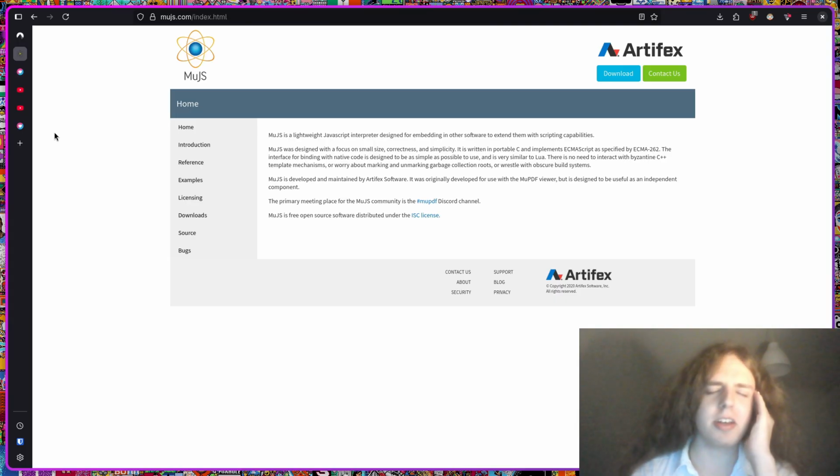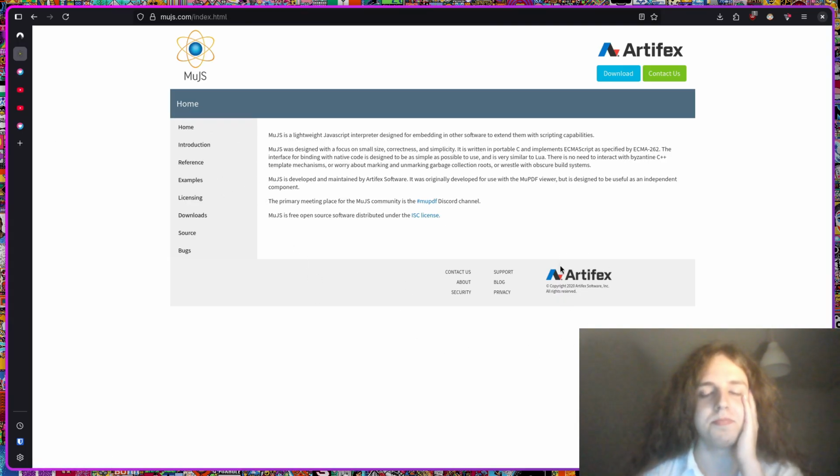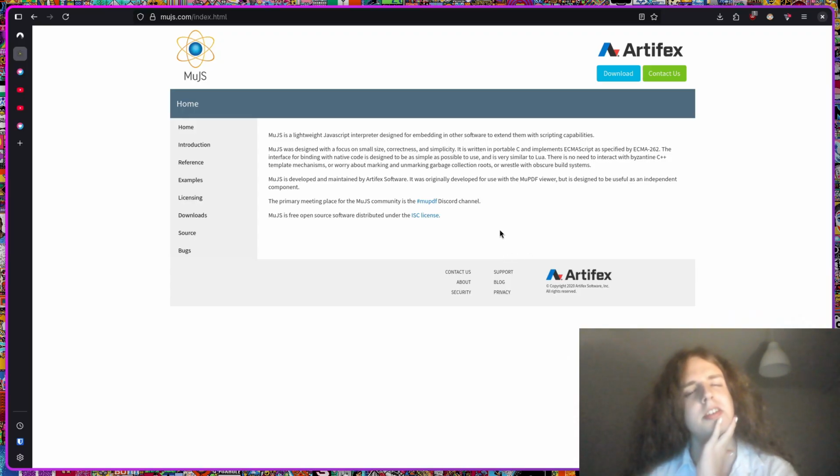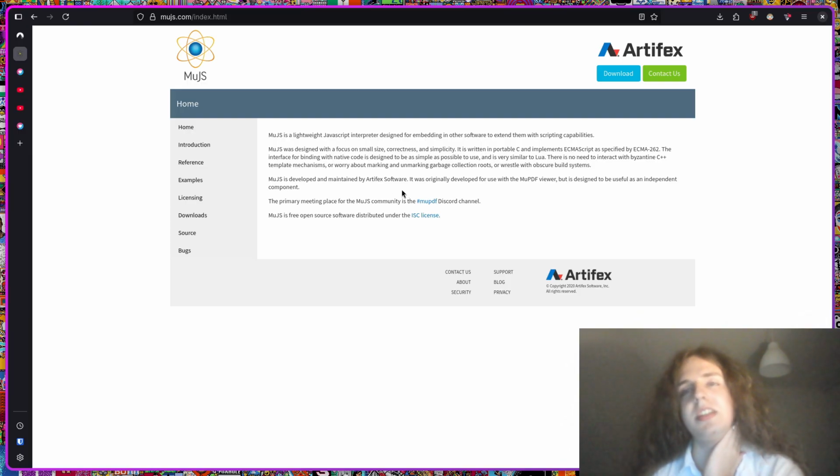Probably BSD and macOS are feasible, I think, because Mu.js only uses POSIX. I think it doesn't use POSIX stuff only, does it? I should deep dive into the source code, maybe modify it to make it work on Windows. I don't know, maybe someone already made that. But it's something that was made for Mu.pdf, which is a PDF reader.